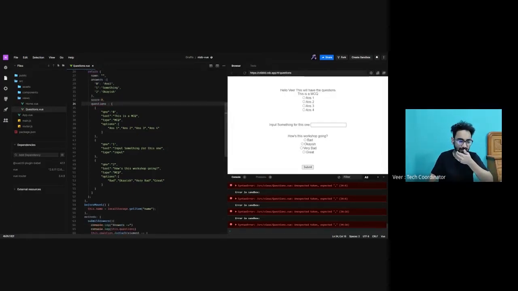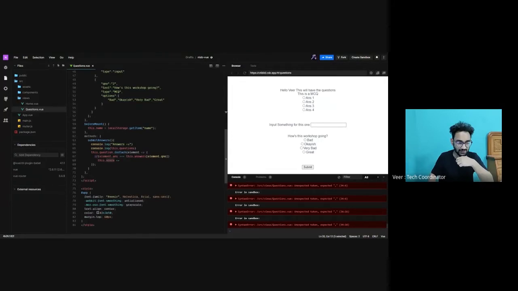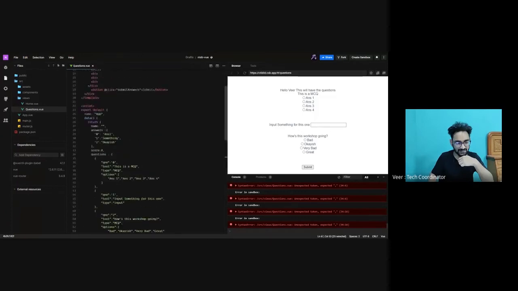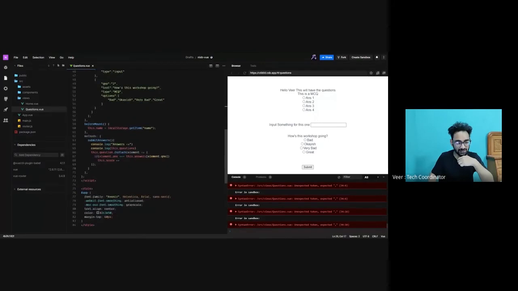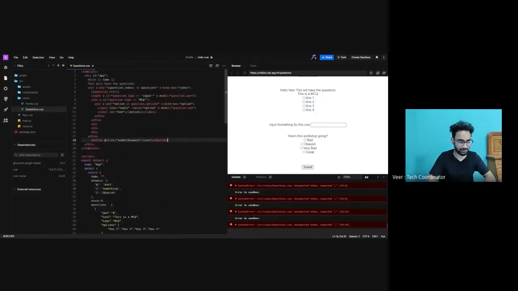Okay, so at the end we have to calculate the score of the user, right? So we define the score as 0 initially inside this data return statement, and then we loop through the questions, we get the answers that the user has inputted, and we check if the answer matches the one that we put inside this array, inside this object, sorry. If it does, we'll increment the score. If it doesn't, we'll just leave the score as it is. And at the end, I'll just show